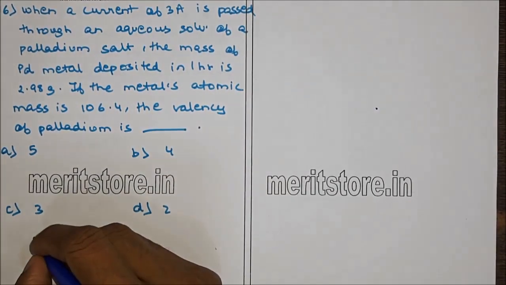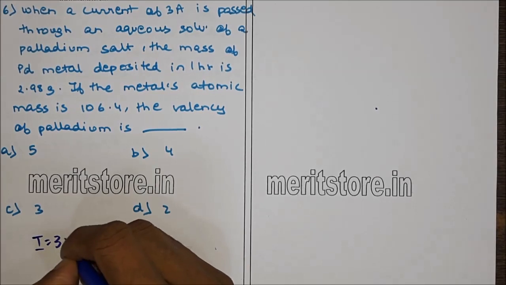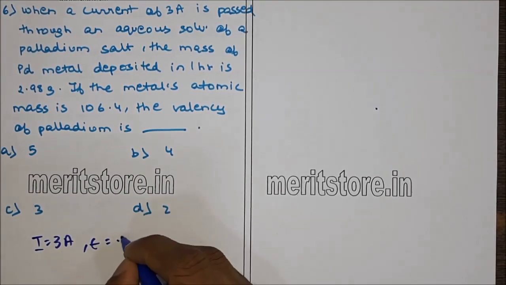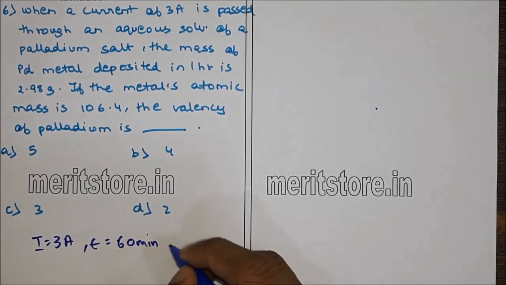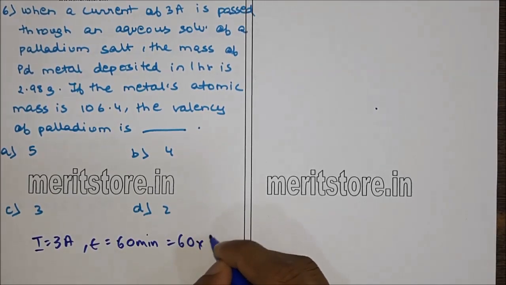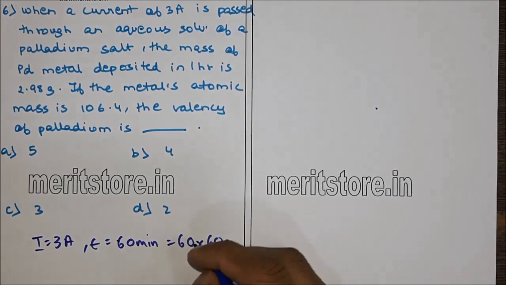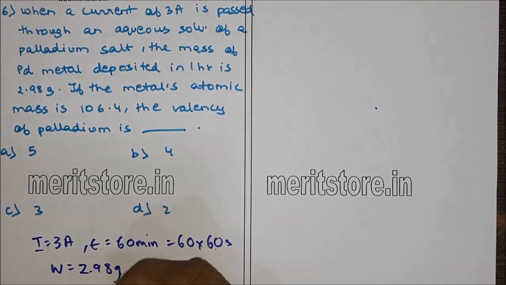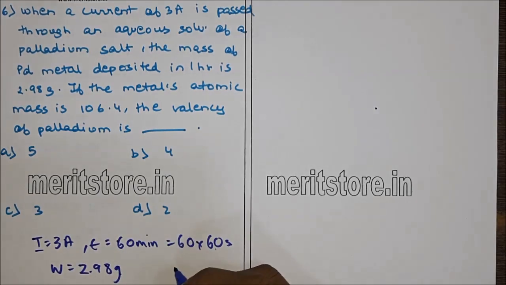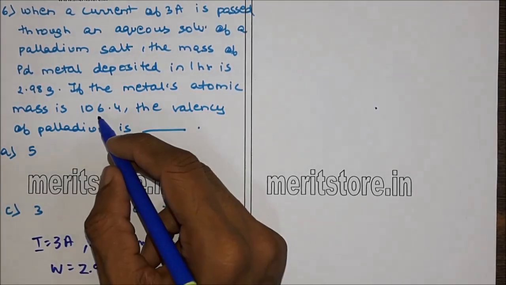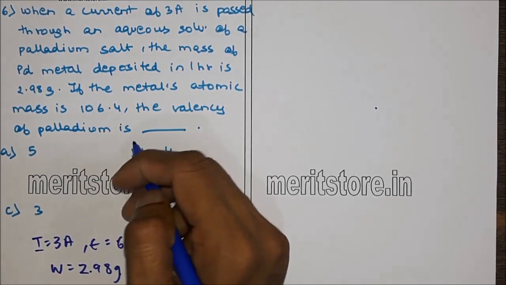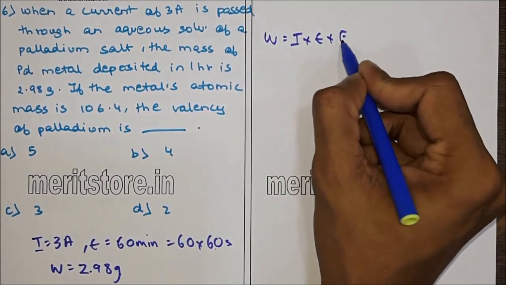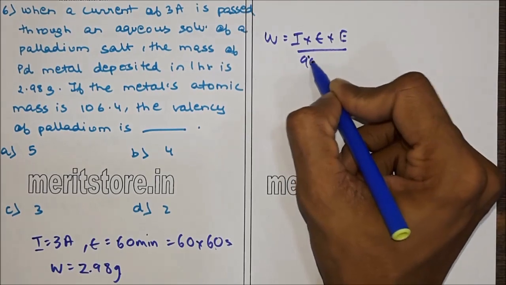We have given I equal to 3 amperes, T given as 60 minutes, which is equal to 60 into 60 seconds, where we have W is equal to 2.98 grams. So atomic mass given as 106.4. Therefore we have W is equal to I into T into E upon 96,500,